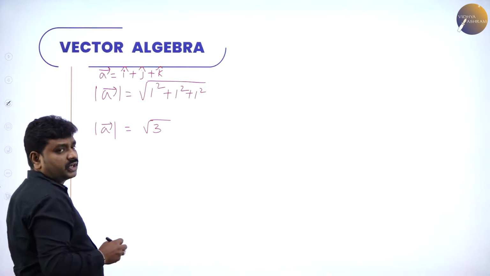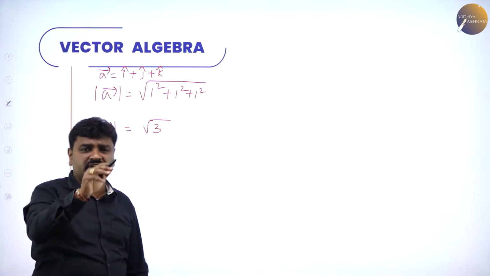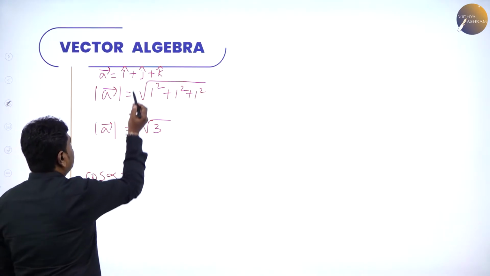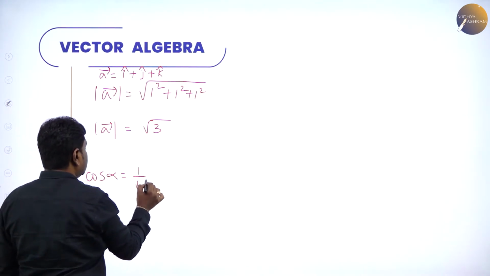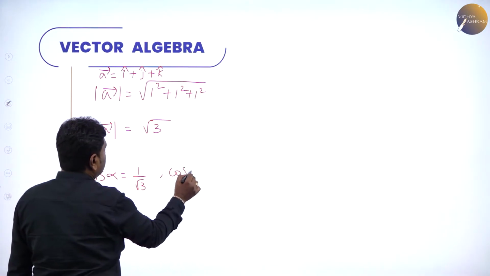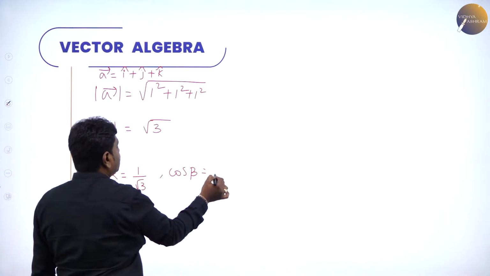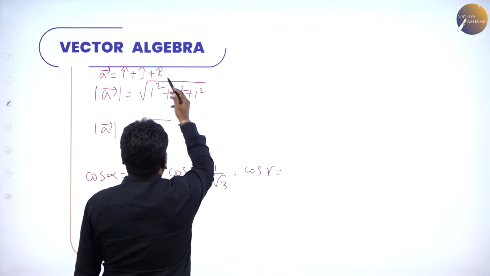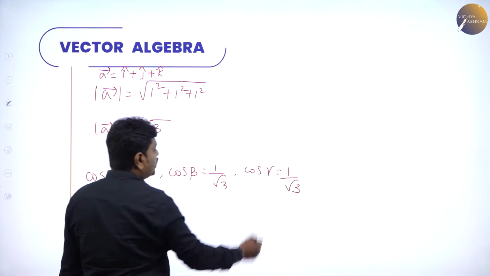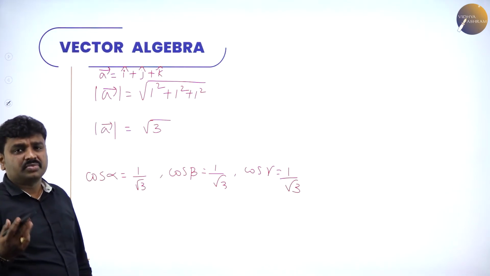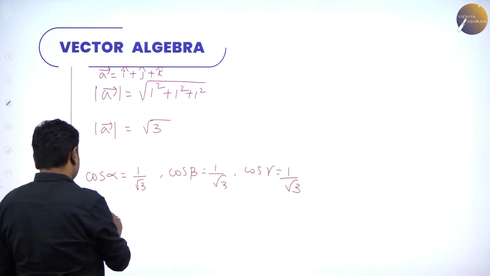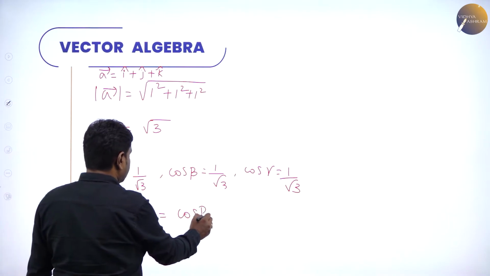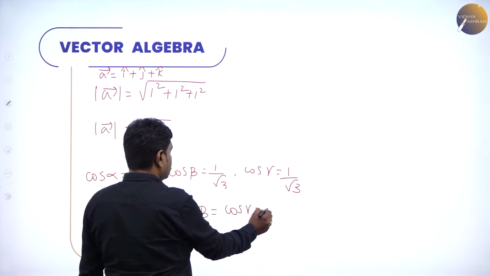Now our task is to find direction cosines. All of you know how to find direction cosines. So that is cos alpha, cos beta, cos gamma. Cos alpha means coefficient of i, that is 1, by magnitude, 1 by root 3. Cos beta, that is coefficient of j, 1 by magnitude, that is root 3. Cos gamma is what? Coefficient of k, that is 1 by root 3. Dear students, you can observe cos alpha, cos beta, cos gamma all are equal. So cos alpha value is the same as cos beta, the same as cos gamma, that is 1 by